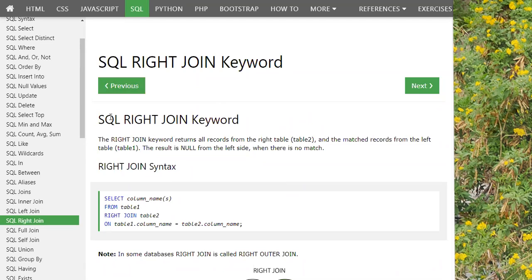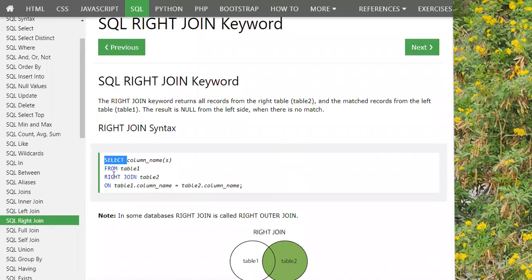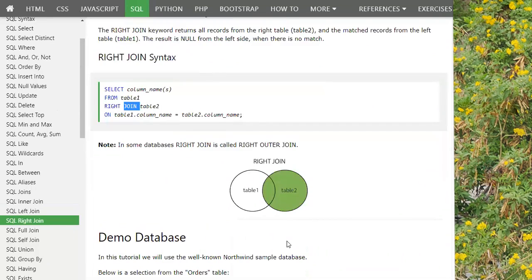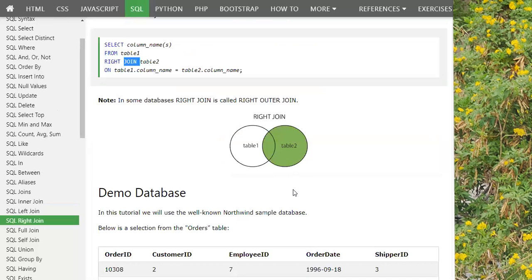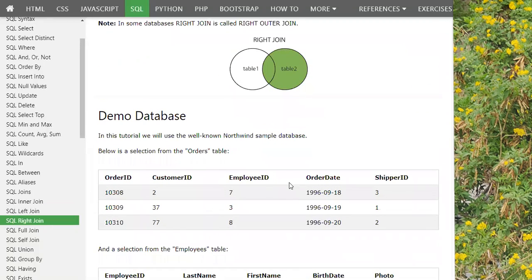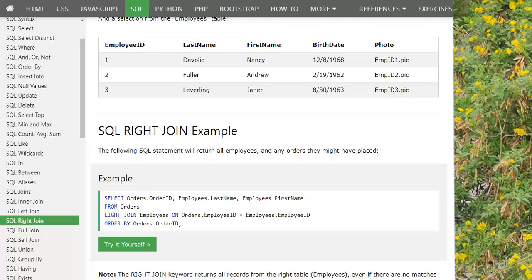Just concentrating on the right join now. Here is the same syntax, just instead of left you put right, and then you will get the right part. Similarly you can write the query as in the previous case.